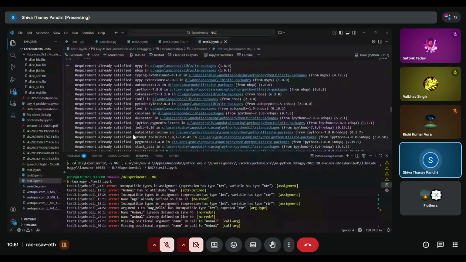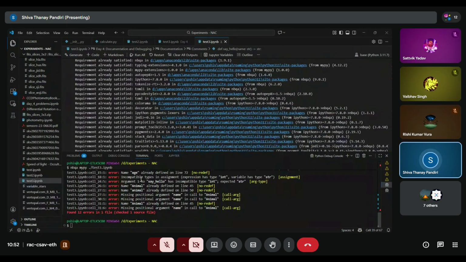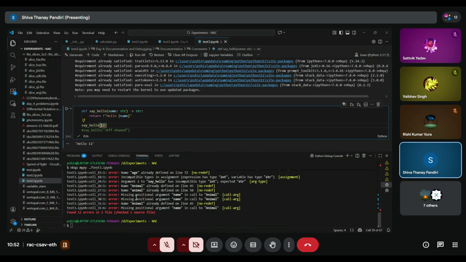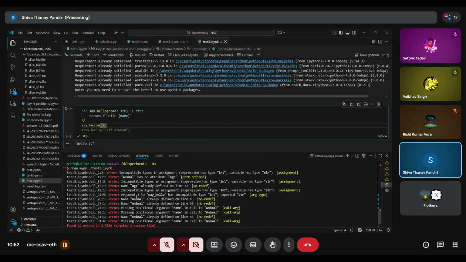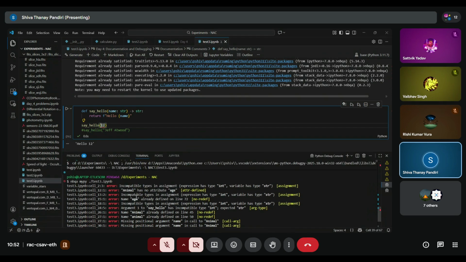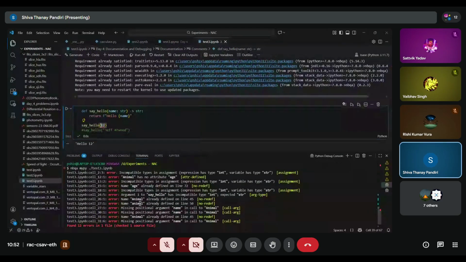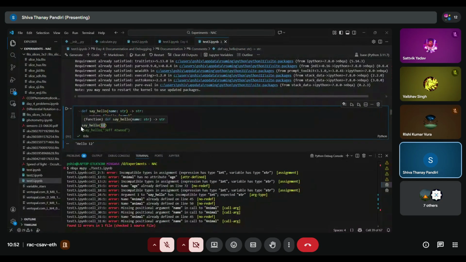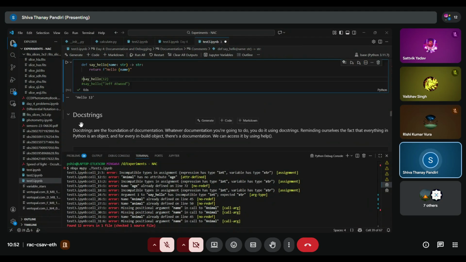Okay. So ignore all the errors in the previous code, but the one that we're after is the one for say hello. Yeah, this is the one we're after. Argument one to say hello has incompatible type int, expected string. So this will help you debug your code. And once we rectify this